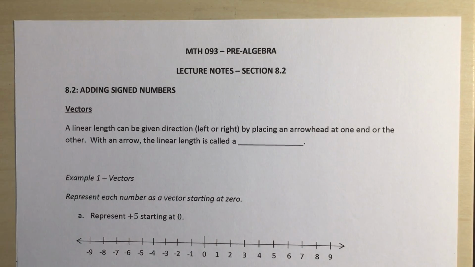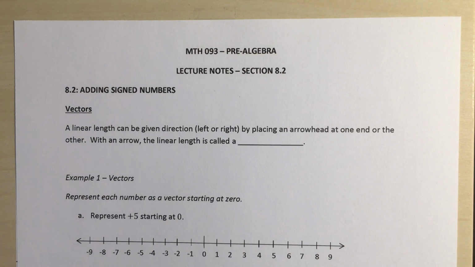So today we're going to talk about section 8.2, and in section 8.2 we're going to talk about adding signed numbers. So we're eventually going to narrow our work down to a nice little concise rule that we're going to use for adding our signed numbers. But in order to help us see where that rule comes from, and as we're going through,